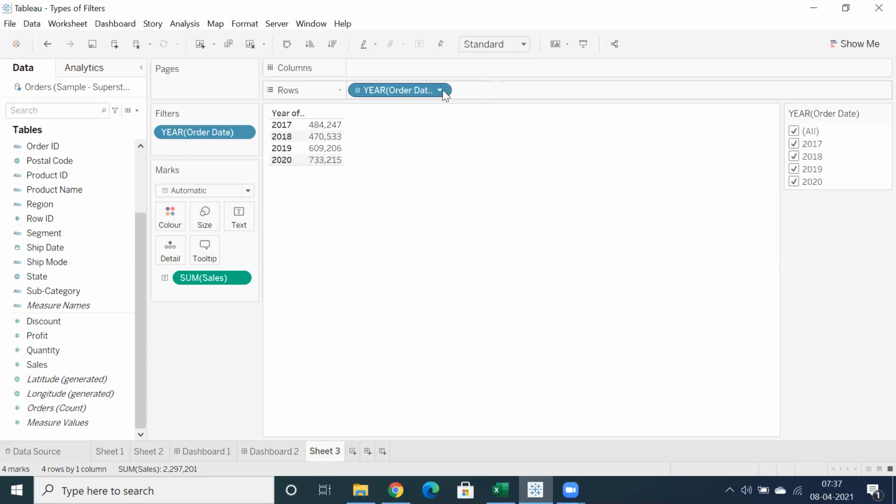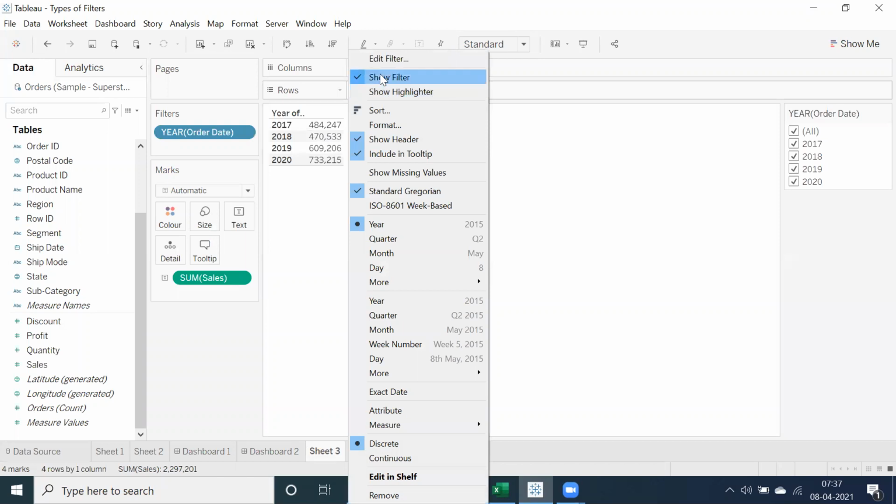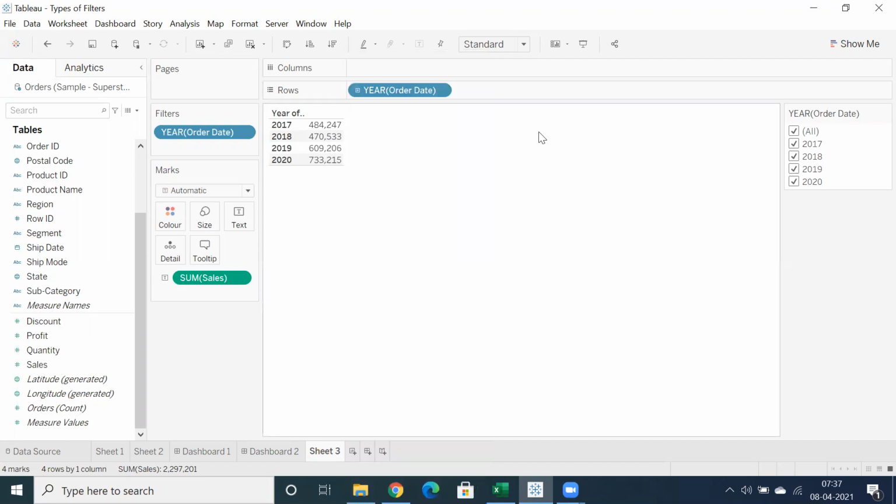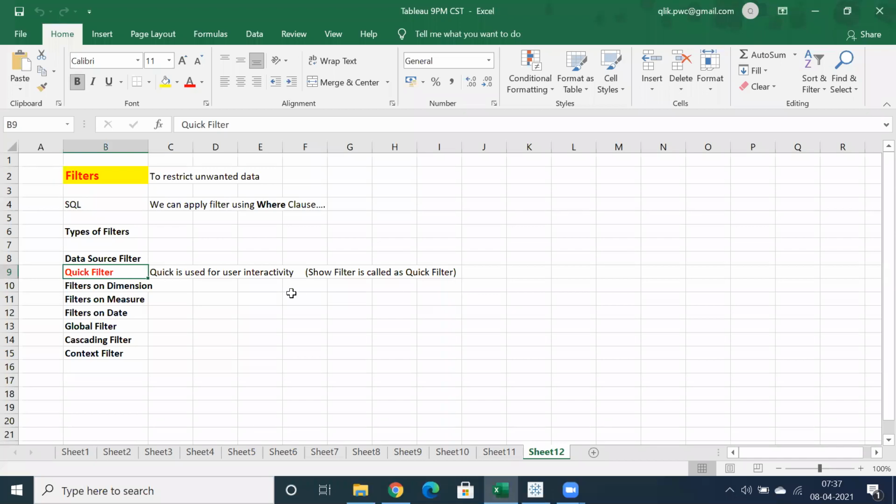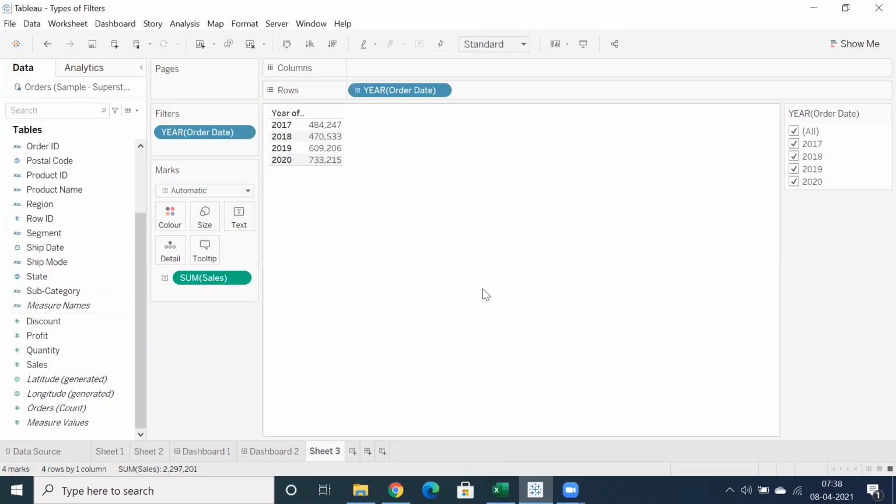So you can right click or click on this drop down. You have an option called Show Filter. Basically, Show Filter is also called Quick Filter, because before the 9.2 version, that naming convention was called Quick Filter, and in general we are following the same naming convention.